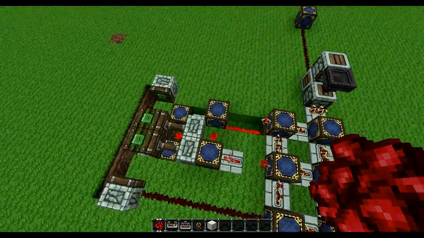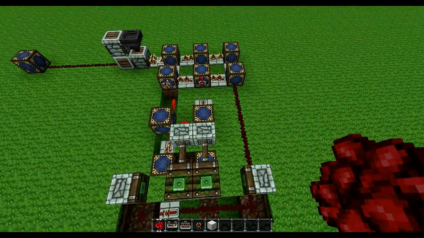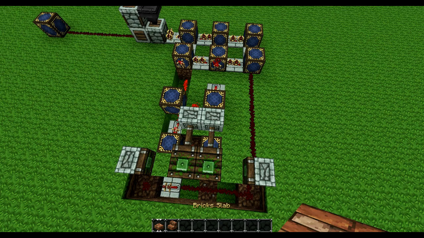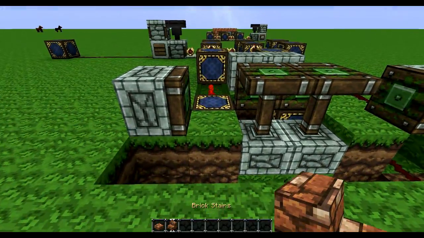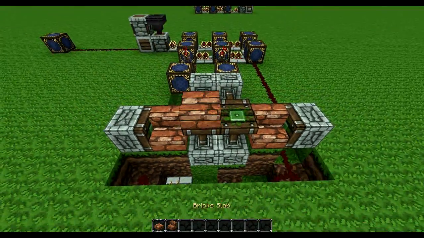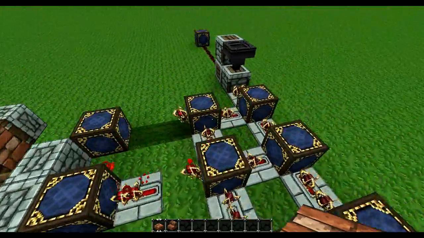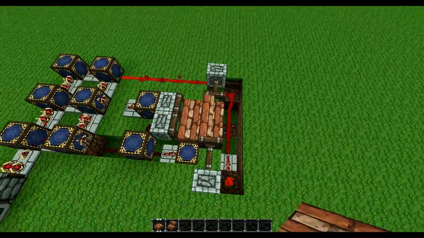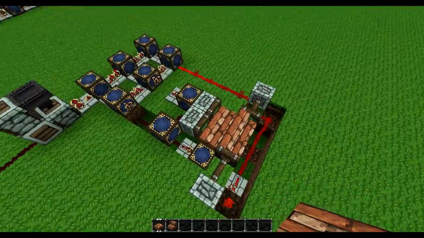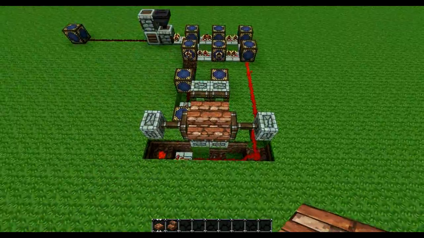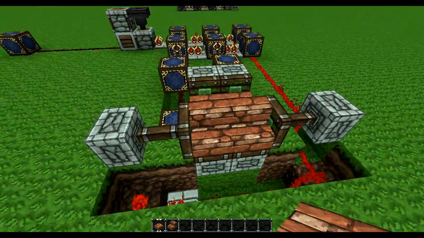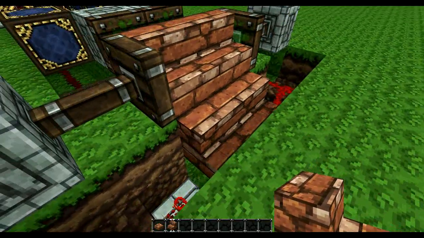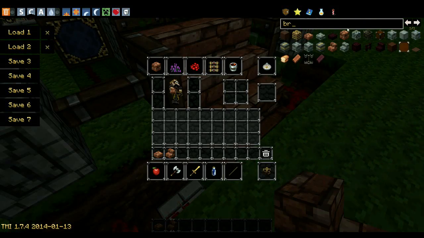Okay, as you can see here, pretty much everything is completely done in terms of mechanics. Let's go ahead and just cover up the essential components and get everything ready. Okay, in its current state, you just put the stairs right there. And you're going to put the slabs on top of it. Now what's going to happen when you press this, as you could see, those bottom pistons drop first, then these pull them back out of the way, and then these pistons push forward, completing the circuit and making stairs right there. And then in turn, you would have stairs here, presumably coming down, or maybe even just a flat brick, for instance,